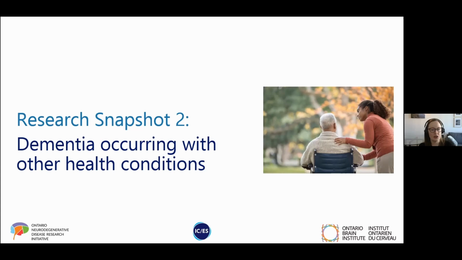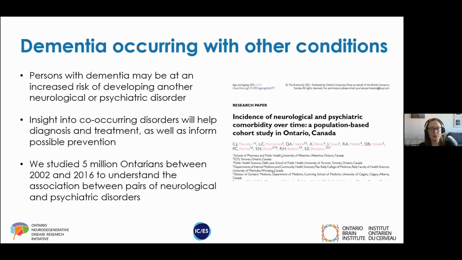And as Susan alluded to, there's also some important work that we've undertaken looking at how dementia develops along with other conditions that people with dementia might have. So we know that people with dementia often don't just have one chronic condition. So they may have dementia, as Susan mentioned, they may have hypertension or diabetes or Parkinson's disease. And in this particular study, we wanted to understand, how do these diseases develop? Do they develop before or after the dementia diagnosis? And how does the development of dementia influence the risk of subsequent diseases?